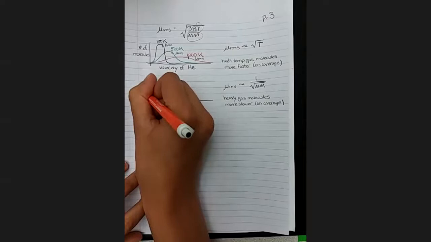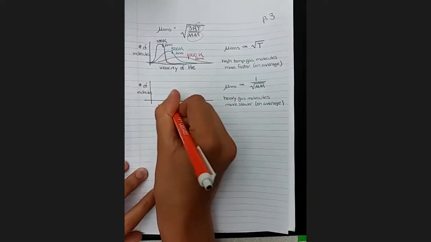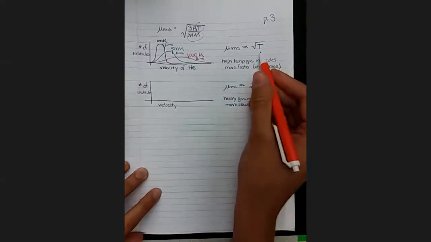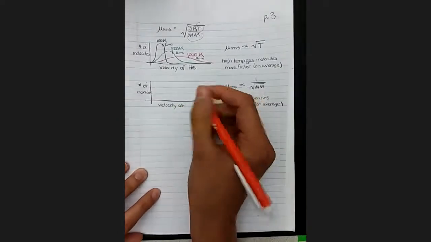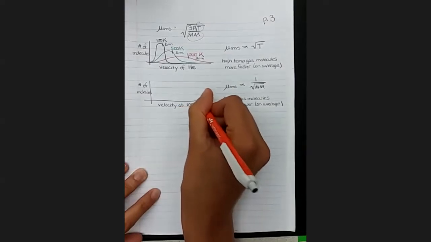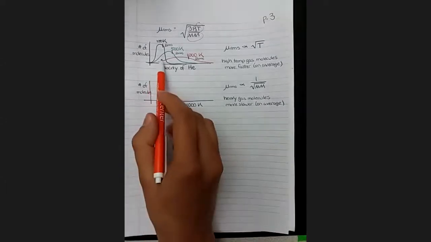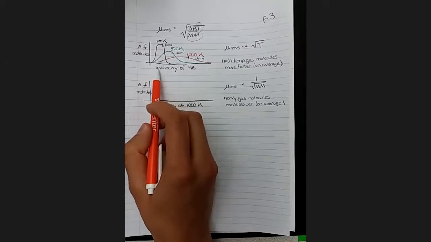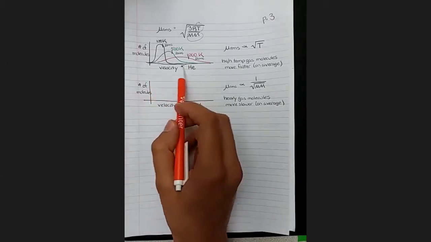So let's look at a couple more distributions of velocity. And let's look at distributions and change the molar mass, but keep the temperature the same. So let's pick a temperature. Let's pick 1000 K. So we're thinking about how the shape changes. We have some of these very tall, thin shapes at low velocity, and we have some of these very wide, flat shapes at higher velocity.